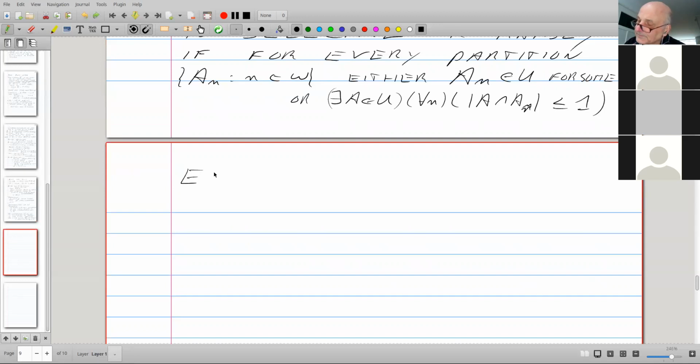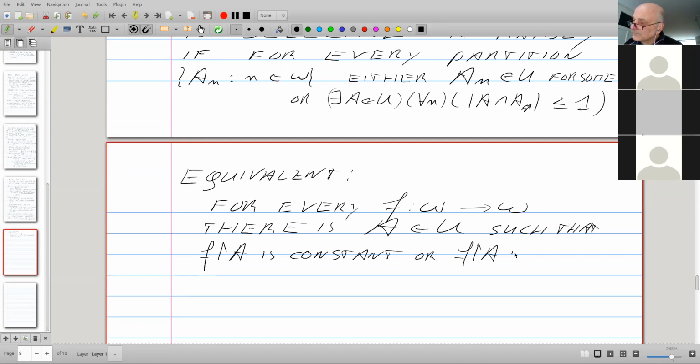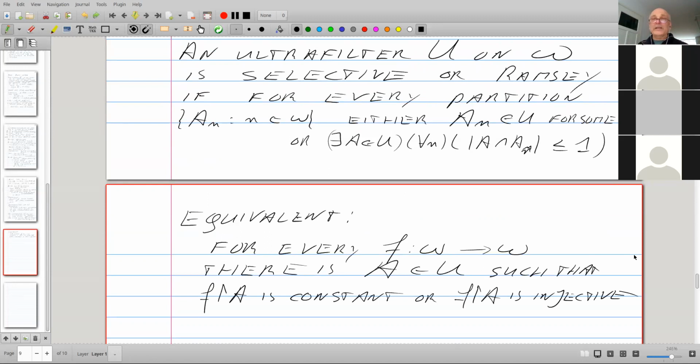Equivalent. For every function, these are equivalent, and you don't really need to think very deeply for that.